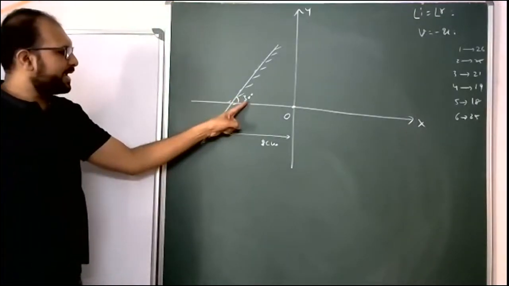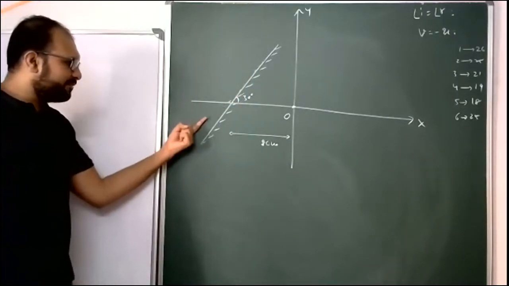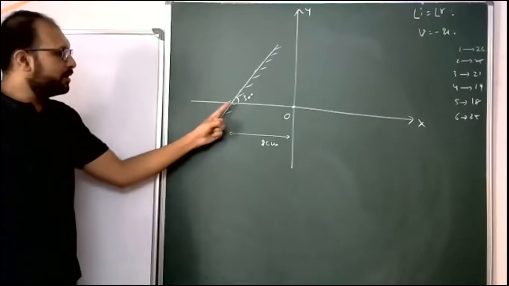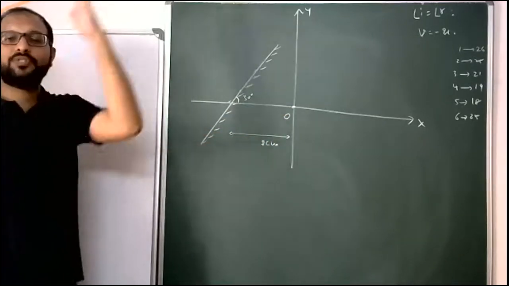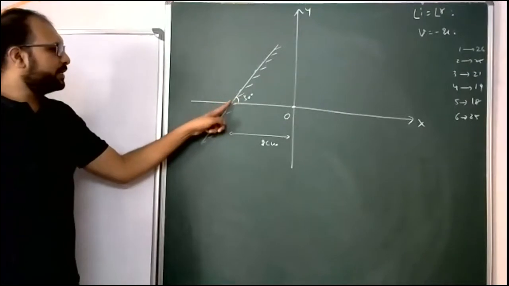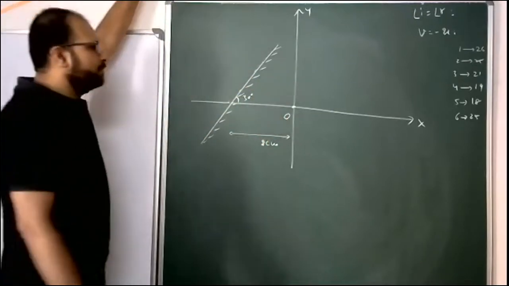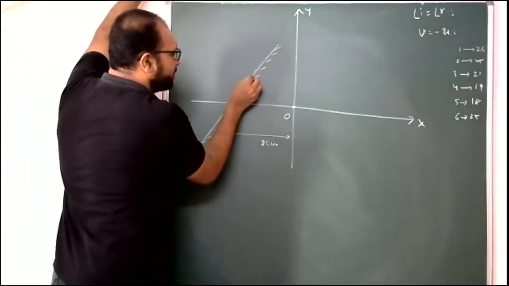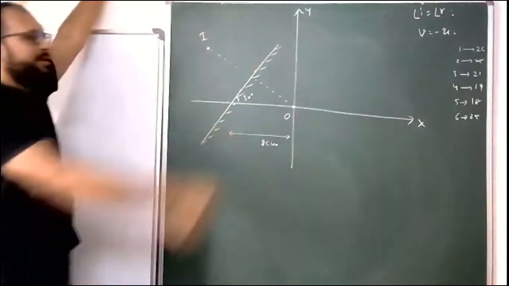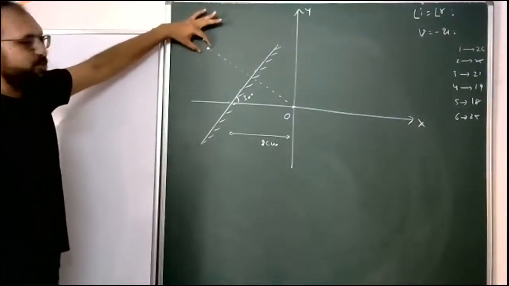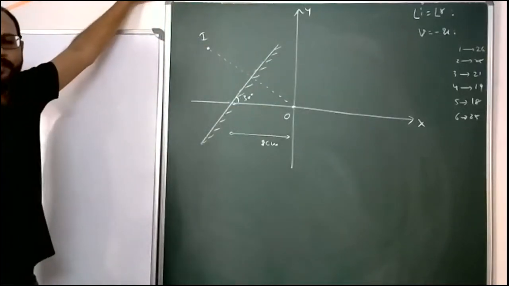This is the mirror making an angle of 30 degrees with the horizontal. Yes, students, now which side is reflecting? This is the reflecting side, this is the silvered surface. Now, as in the diagram, the object is here. Means this object is a virtual object. A real object would be on this side. But here, as given, this is a virtual object. Yes, whatever may be the object distance, the image distance is the same. So now it is the image. Which type of image? The image is a real image. The object is virtual according to the given problem.